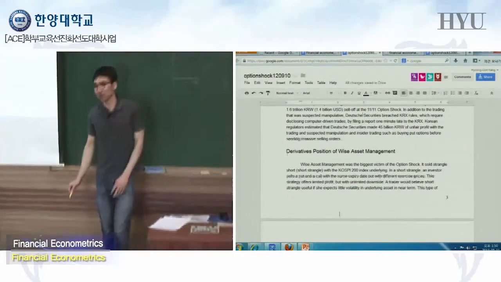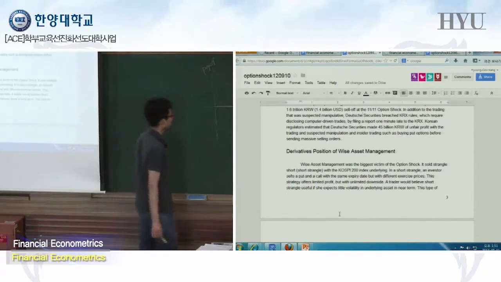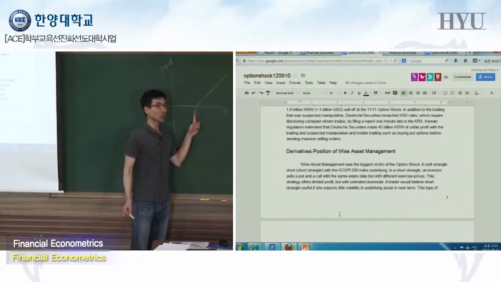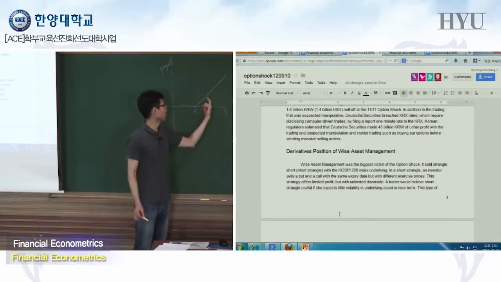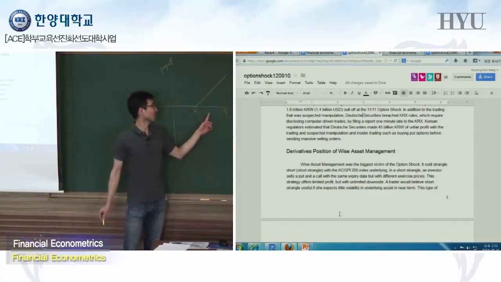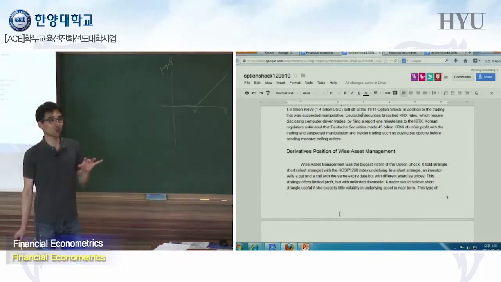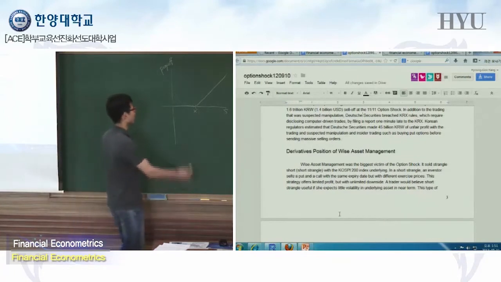So basically, as you know, a call option is a contract. It is a right to buy an asset at the exercise price. Therefore, if the asset price is greater than X1, you can buy some valuable asset at a lower price. So you will exercise this right, and you get the profit. But it is also just a right. Therefore, if the stock price is less than the exercise price, you have no reason to buy a cheap asset at a higher price, right? So you don't exercise the option. Therefore, the payoff looks like this.